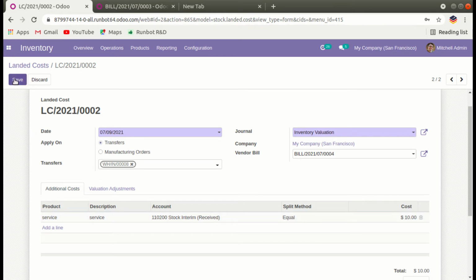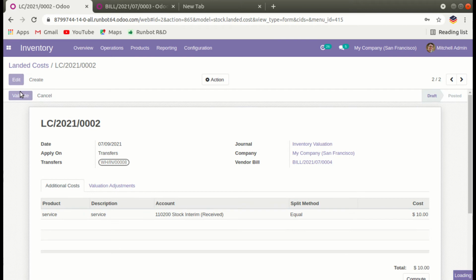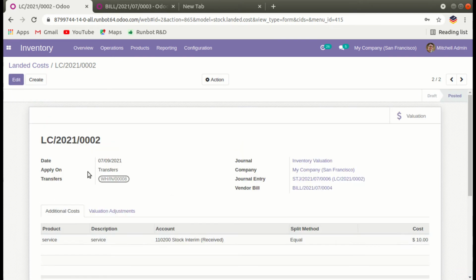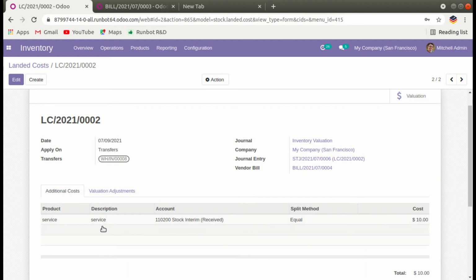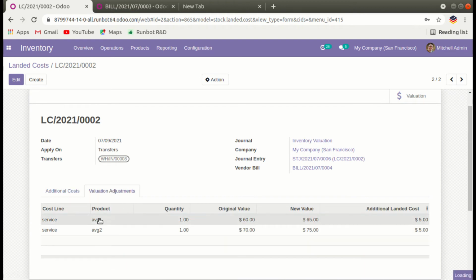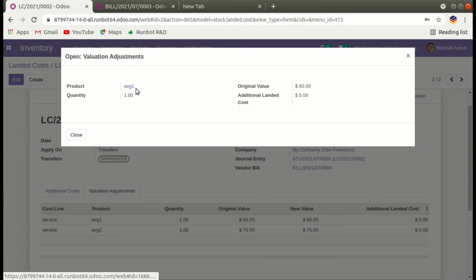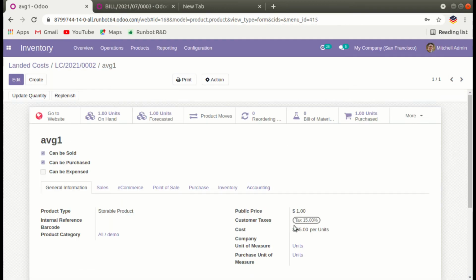So let's save and validate. From here, product average, you can see your cost has changed from 60 to 65, because 5 rupees added cost.